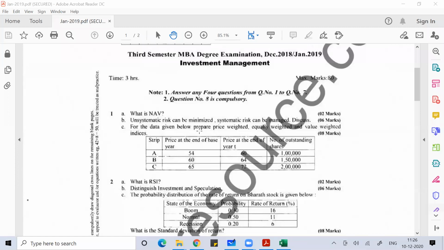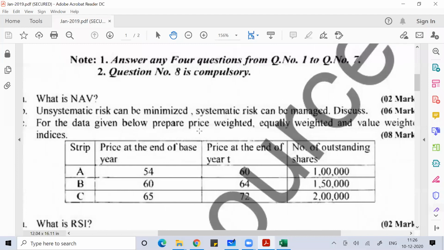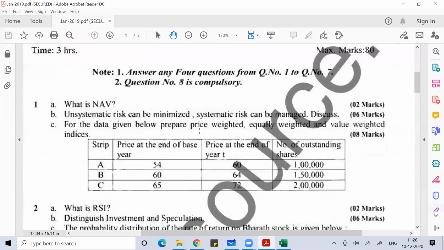So we finished discussing all the problems of the year 2020, which came for your senior. We have already done the question papers of 17, 18, and 19 for the VTU. A few questions were left to be done, like this question number one, part C. I found this question, so let's do this problem.